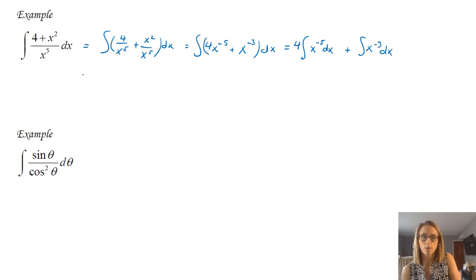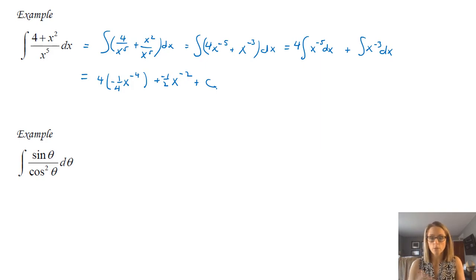And then now let me come down here. Now I can take the antiderivative of x to the negative 5th. So I'm going to add 1, and then I'm going to divide by that thing. And so I'm going to divide by a negative 4, which is multiplying by a negative 1/4. And close that up. Then I'm going to add what I get here. So I'm going to add 1 to my exponent, so negative 2, I'm going to divide by that thing, so I get a negative 1/2, and then I'm not going to forget, I should have a plus c at this point,